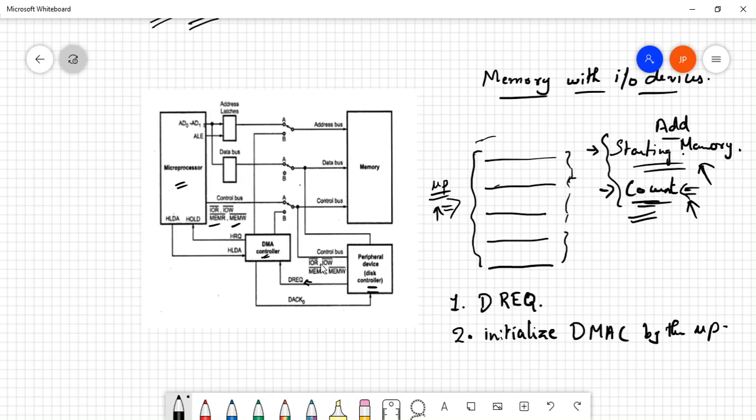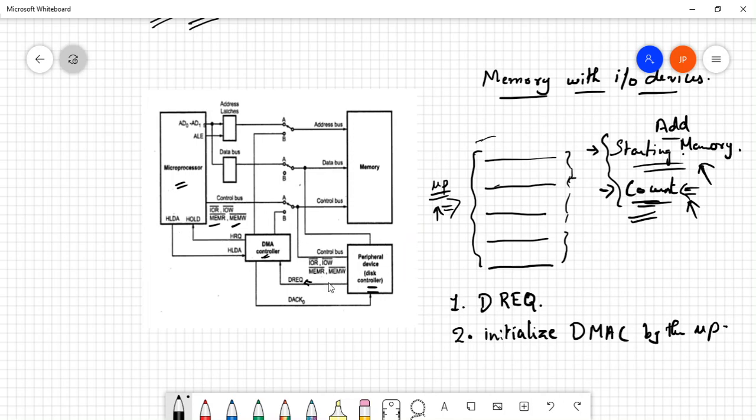Let's say you are printing something: it gives the starting address of the memory location where the file starts, and it also gives the count, how many memory locations there are in that particular file which has to be printed. Or let's say you want to copy a file from the memory: it will give the starting address of the file in the memory, and the count, which is the size of the file.